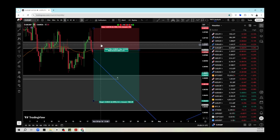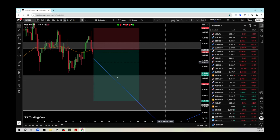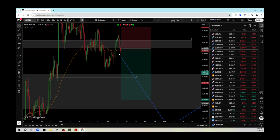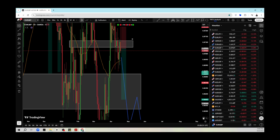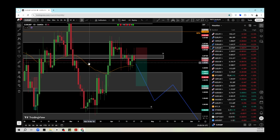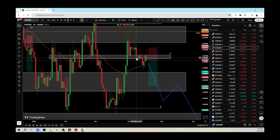Any sort of pullback over here, you can continue to consider for a sell if the lower time frames are all in sync for a sell, because I'm expecting this 4-hour EMA to now act as a resistance. And this daily structure over here, the box that I've drawn, if I go back to the daily candlesticks and let me just nicely zoom in, you can see the daily candlesticks, this area, this structure points,